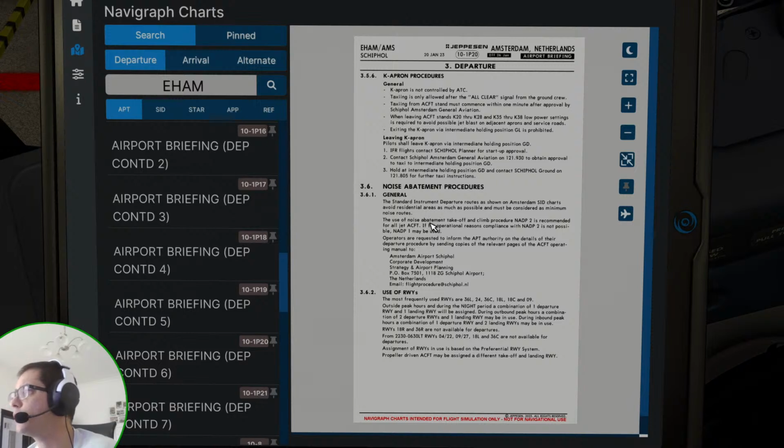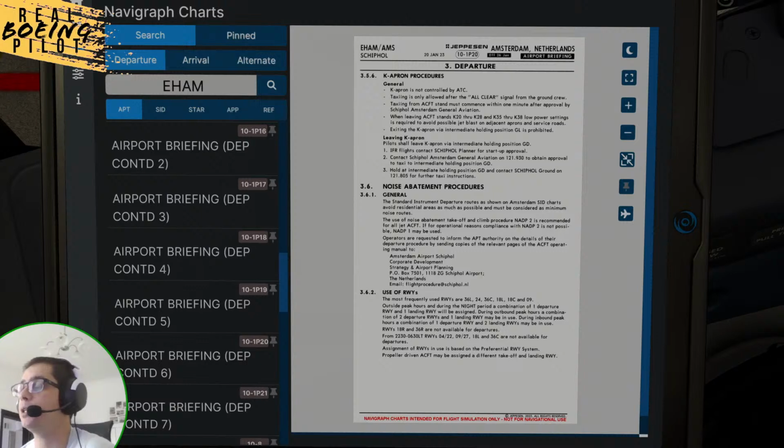So, noise abatement procedure. The use of noise abatement takeoff and climb procedure NADP2 is recommended for all jet airplanes. If for operational reasons compliance with NADP2 is not possible, NADP1 may be used. So today we are going to use NADP2, but